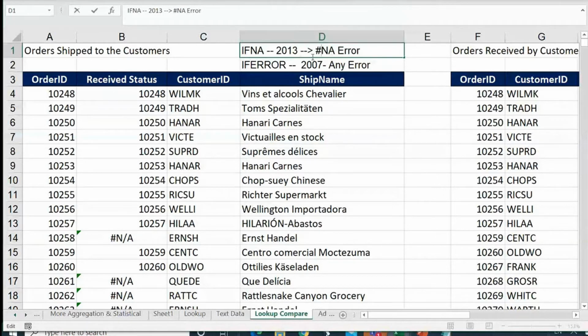If you are customizing only those, you go with IFNA. It's left to you, guys. If you are using the latest version, IFNA is better than IFERROR if you are customizing NA errors.